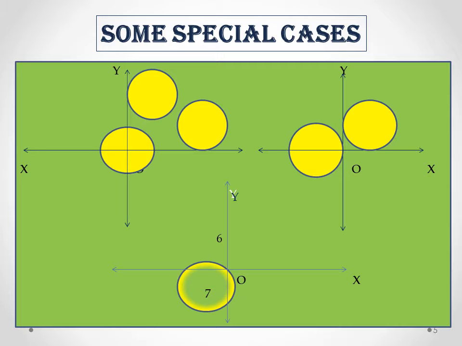Next way can be that it is cutting the x-axis as well as the y-axis at 2 points. That means one is your origin, or you can say the other 2 points are one on the x-axis and another on the y-axis. Another way can be that it is just passing through the x-axis, meaning its center lies on the y-axis. The first one we did was the center lies on the x-axis, and another way will be the center lies on the y-axis. There are many ways of placing it, and one by one we will see what equations are formed while placing the circles.